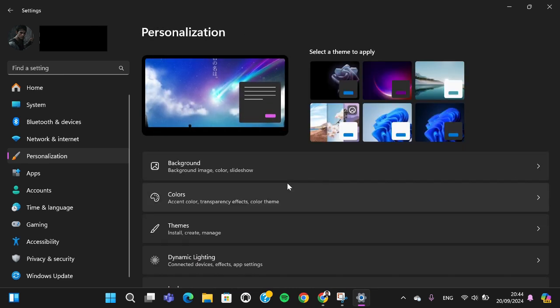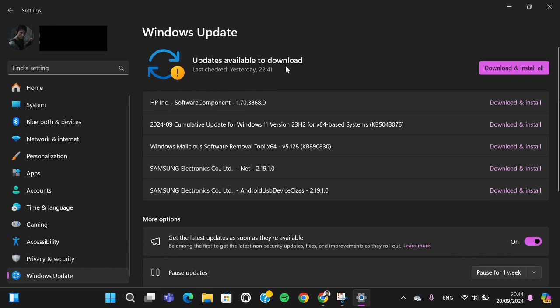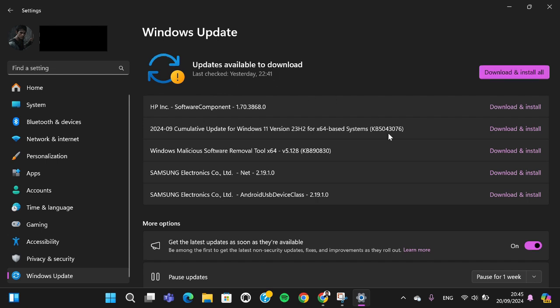Okay, and the second one, I recommend you to check your Windows Update. You can go to the Windows Update, and you have to check the updates available to download. If the updates are available to download, you can download and install, so you will get the latest version of